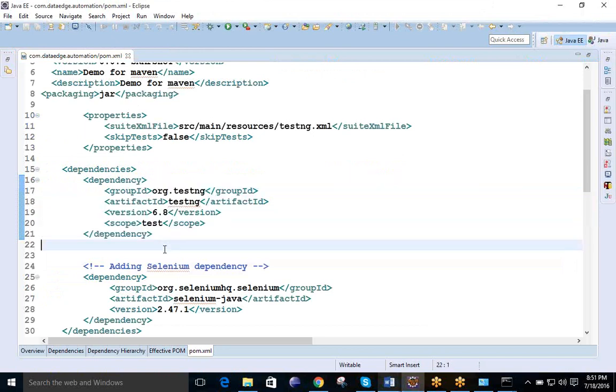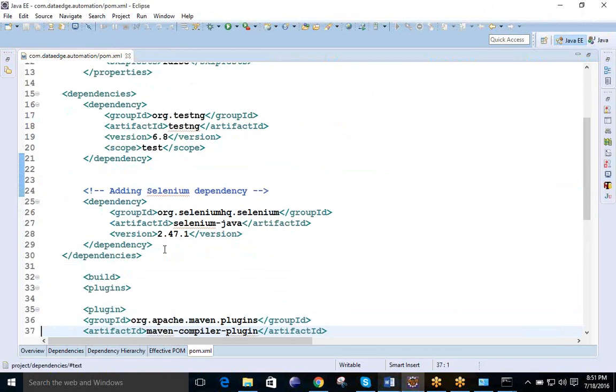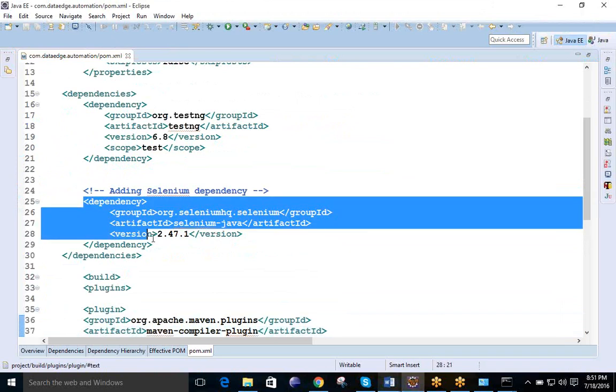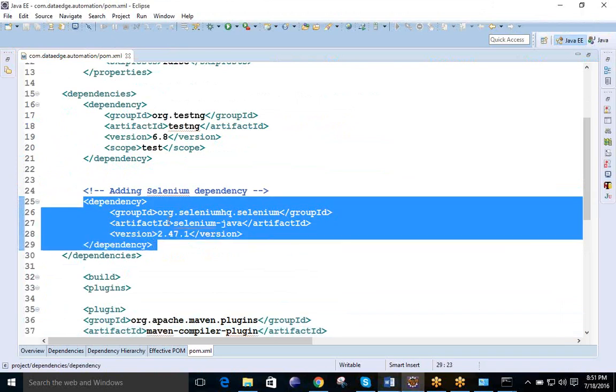Now, the second thing, you need to do the same for Selenium also. Here the group ID is simply the website, testng.org, so it takes org.testng, that is the standard.